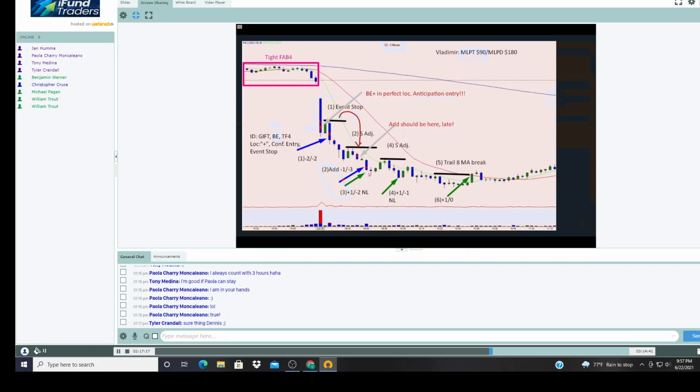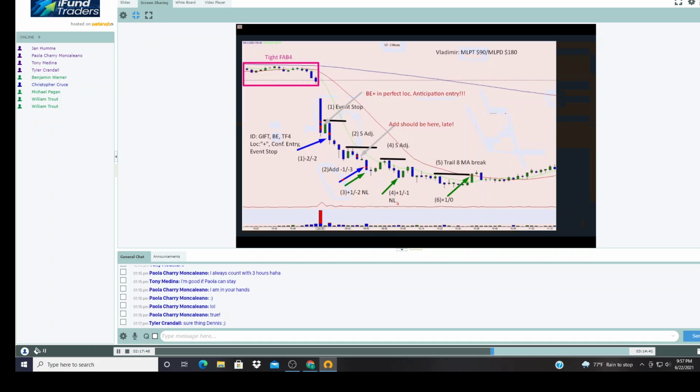Vladimir says it was stupid. Don't beat yourself up, Vladimir. No need to do that. The market will do that for you. Don't worry about it. The add was after a new low. No, this is not really a new low either, because a new low means that there is a pullback. You really want to see this. This is a new low, but this is not a new low, right? So, not a new low.